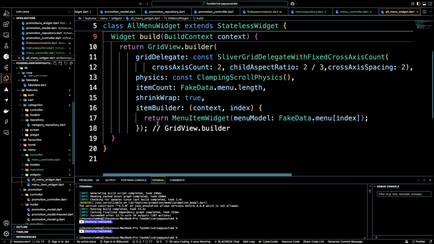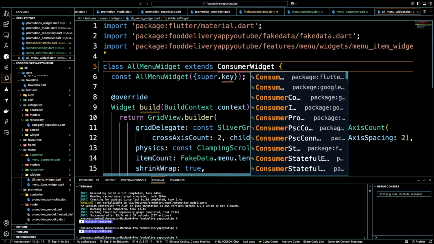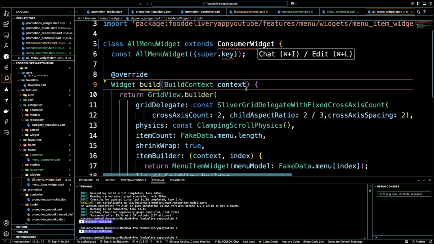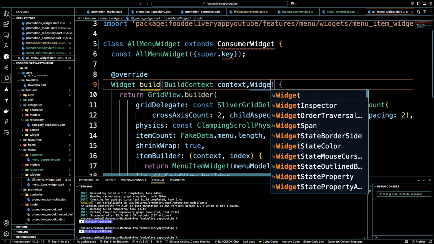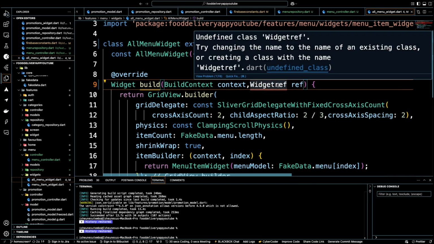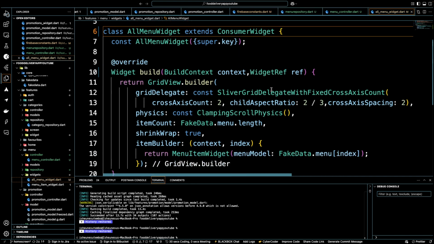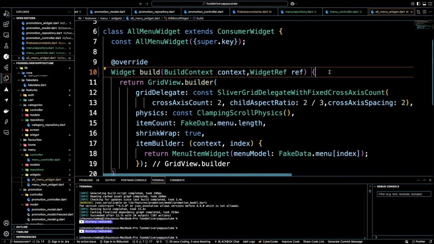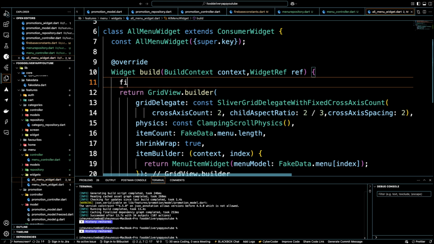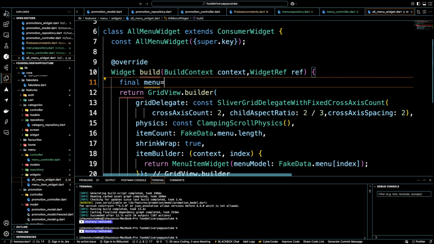If you go to our user interface inside our all menu widget, we just need to change the stateless widget to consumer widget. So let's change this to consumer widget. Let's provide widget reference inside, okay? And then let's import Flutter Riverpod, right? So what I'm basically going to do is going to say menu is equal to reference dot watch